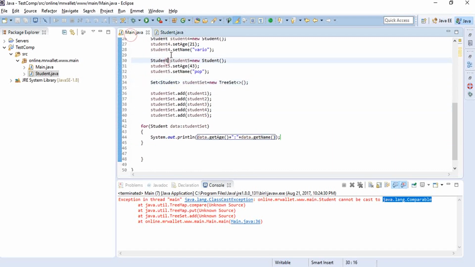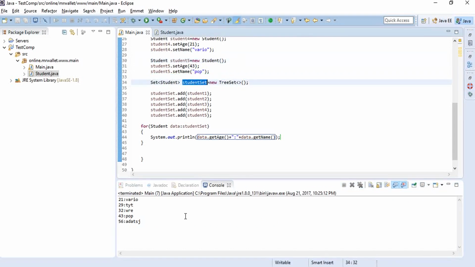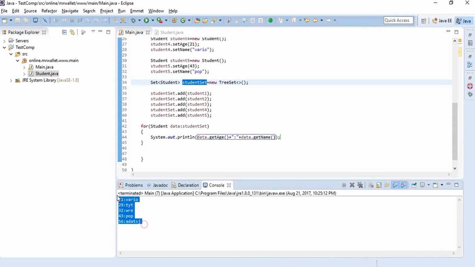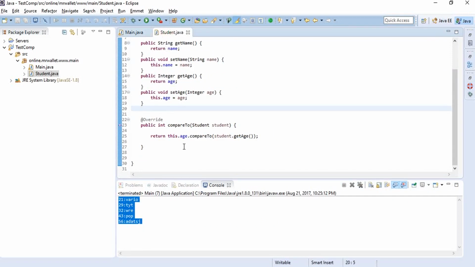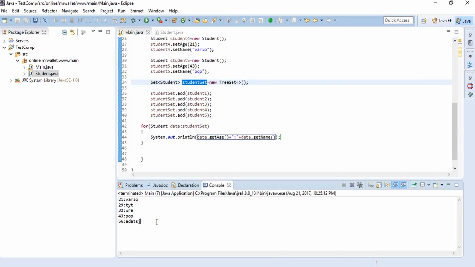If we run this now, we'll get our data, and the data in this student set is maintained in natural order. And what is the natural order? The natural order is based on the age itself, because that is what we have defined in our student class here. So we see it's 21, 29, 32, 43, 56. That is not just about TreeSet. Even if we use a TreeMap here, the data in a tree data structure is stored in its natural order, and whatever data we are inserting in a tree data structure, we have to make sure that the class of that particular data